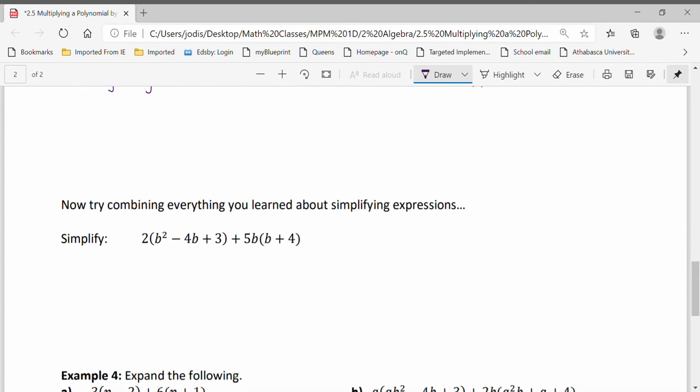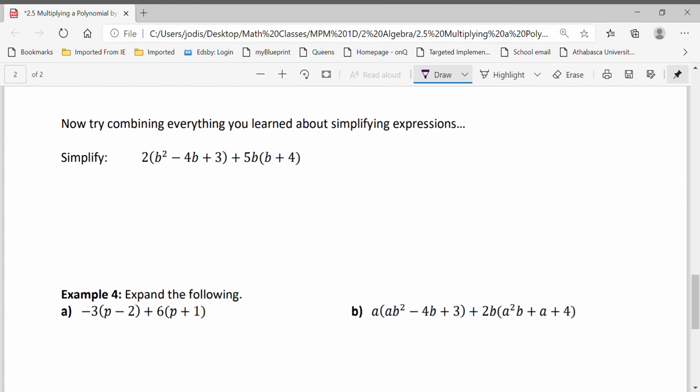Okay, so now we're going to try combining everything we know about simplifying expressions. So that means everything from yesterday plus everything from today. So we want to distribute first, and we can do 2 sets of brackets at the same time. So here we've got 2b squared, then 2 times negative 4b is negative 8b, and 2 times 3 is 6. Okay. And then in this one, 5b times b is positive 5b squared, and then 5b times 4